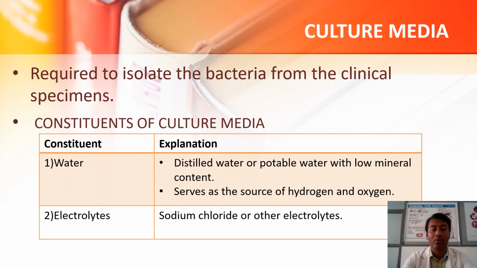So, what do we grow and what do we isolate? We need to grow or isolate the microorganisms, the infectious microorganisms from the patient's sample. For example, if a patient is suffering from urinary tract infection, naturally he'll be having bacteria in his urine sample. We need to separate the bacteria from his urine sample. This is what is called culture of bacteria, that is growing or separating the infectious agent from the patient sample